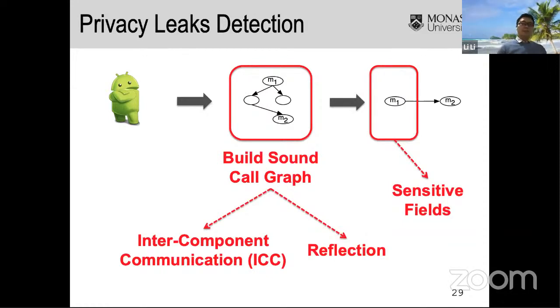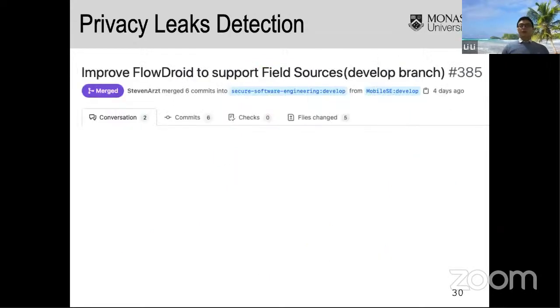It could also be some sensitive fields, especially the sensor data in the Android device, mostly provided through some specific Android class fields, not methods, right? But unfortunately, FlowDroid does not support performing such taint flow analysis sourced from some fields.